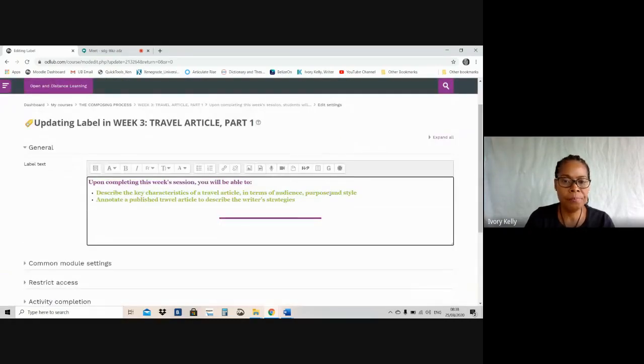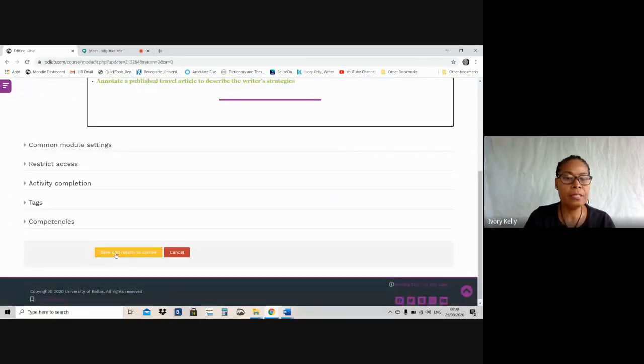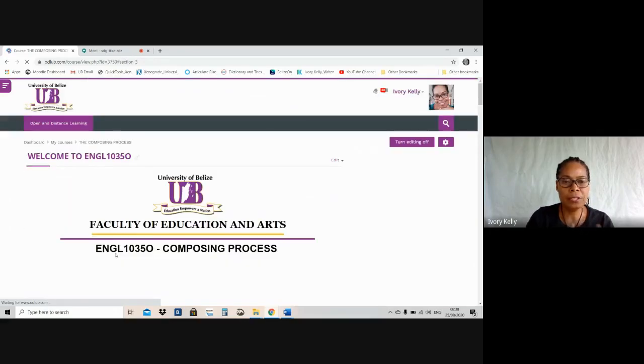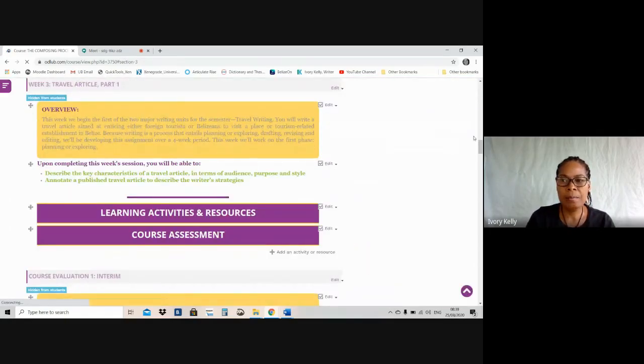Good. So describe the key characteristics of a travel article in terms of audience, purpose, and style. Annotate a published travel article to describe the writer's strategies. Good. All right, those are the two main objectives for this week in the composing process, and there they are. Good. All right, so now I'm going to show you now how